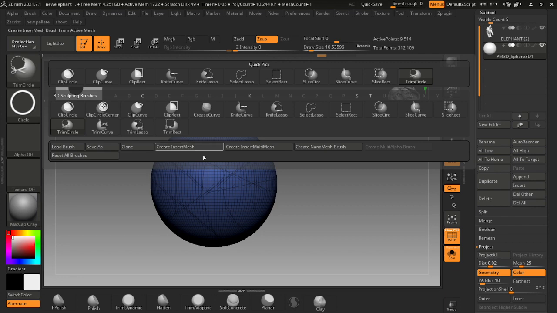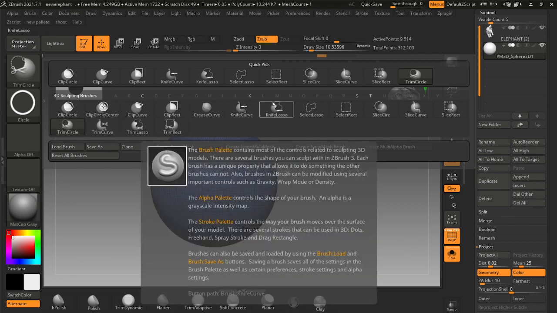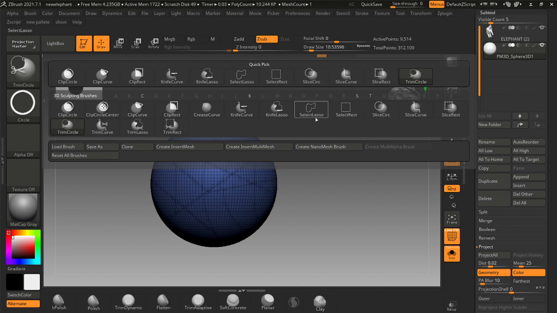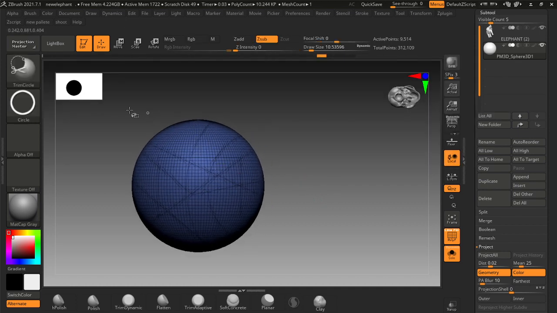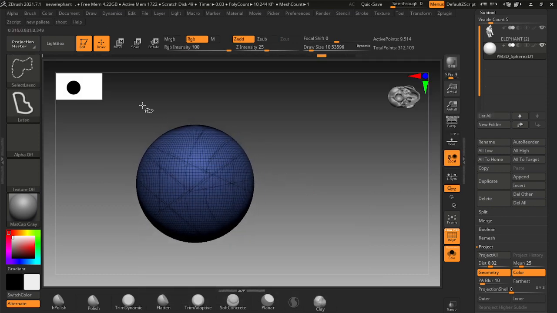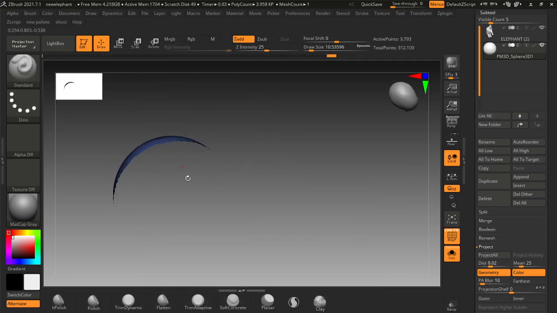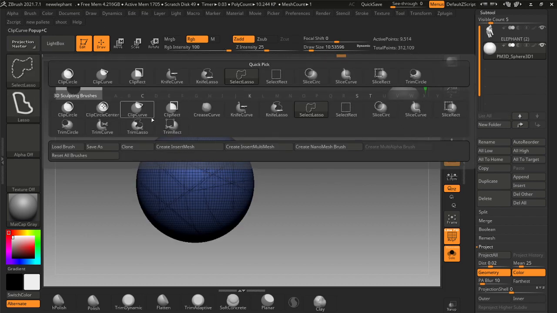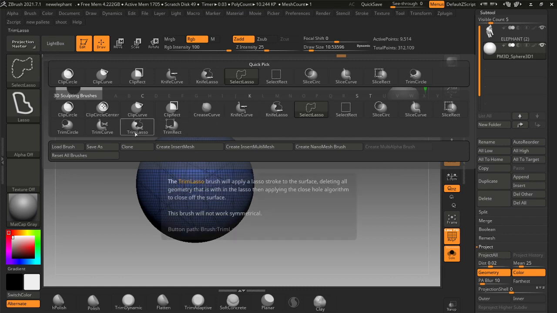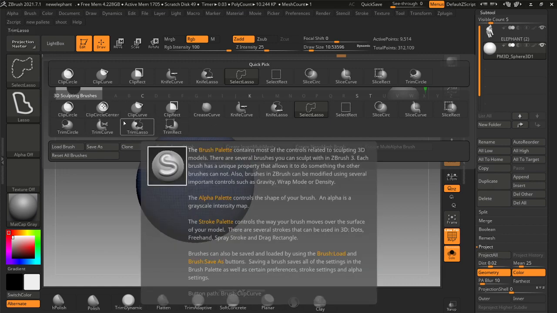Okay, so the only difference between all these, clip curve and lasso, let's not consider lasso, because it will not give you the closing mesh, because it will make the selection hollow. Okay, it will make the selection hollow. But in case of slice, or we can say trim or clip curve, the only difference is the